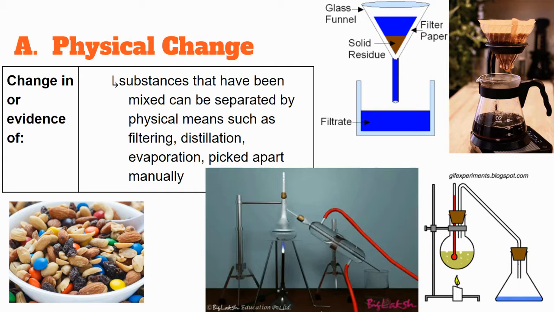We can distill a mixture of liquids. Liquids will have, again, unique boiling points, and so we can distill and separate them based on those boiling points. You can see the two setups there, an animated setup and an actual setup. Essentially we're heating something, we're boiling it, and one thing will boil off before the other. Evaporation is very much the same way. You're separating things based on the difference in boiling point.